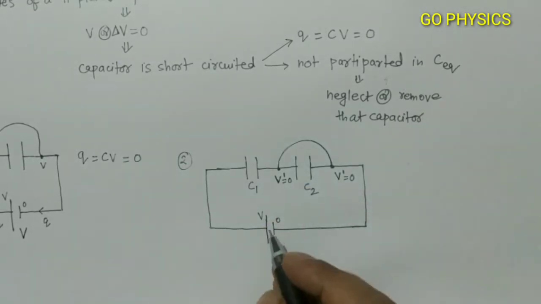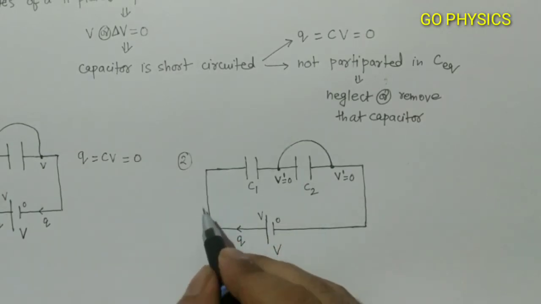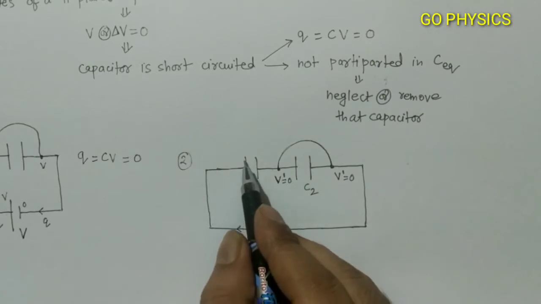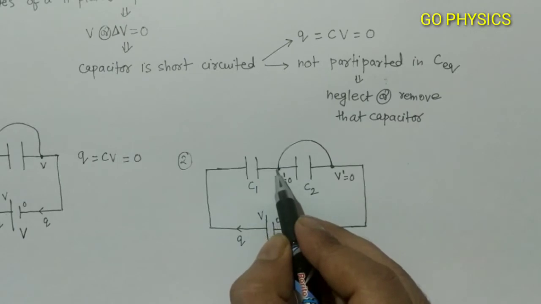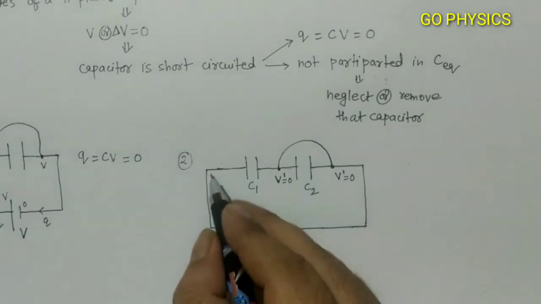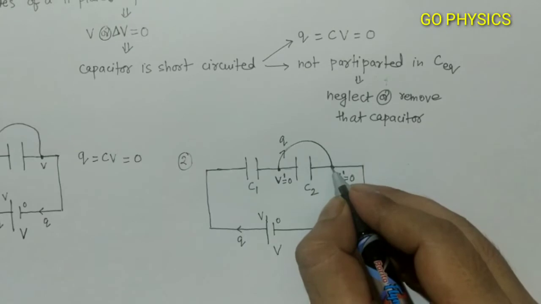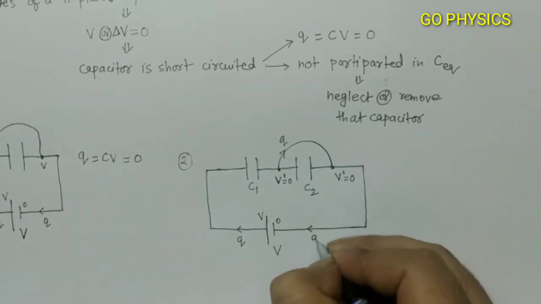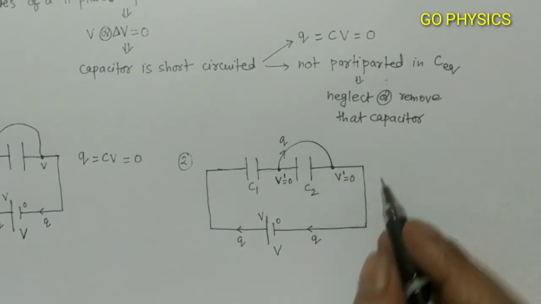If we talk about charge, then charge will move in this direction, from here to here. This plate will acquire positive charge, this plate will acquire negative charge. And if we move in this direction, now no charge will flow in this direction. No Q1, Q2 will be here. All charge will move in this direction. So this Q will flow in the circuit, and from here Q will go in this direction, and the same Q will flow in the given circuit, and it will come back to the battery. So in this case we say that C2 is short circuited.